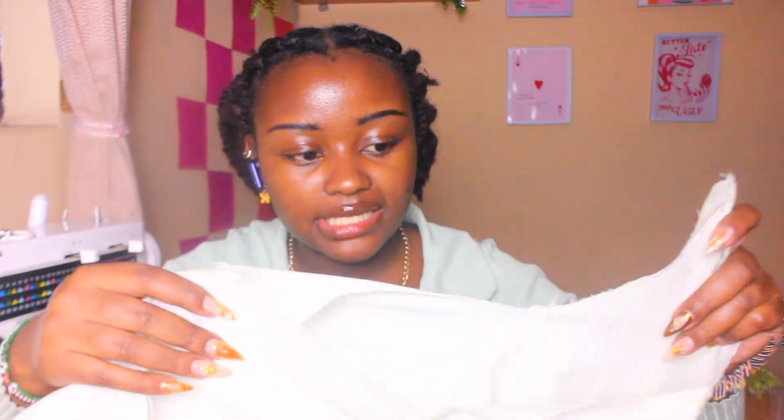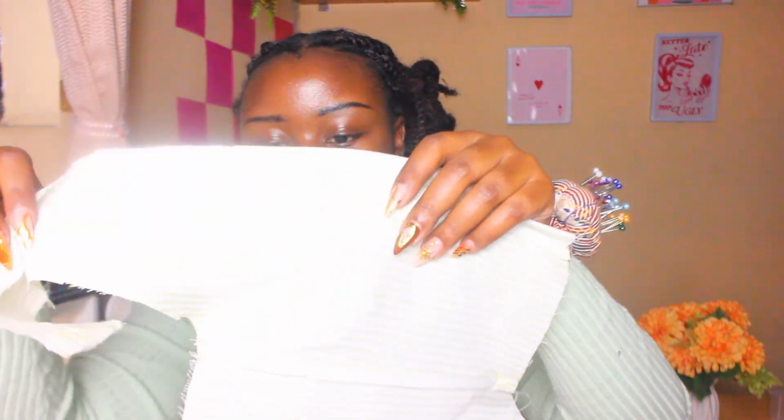Okay, so I have my bodice constructed, and I have added boning to the lining. It's not that visible, but yeah. I have added boning to the lining, and now it's time to attach the cups to the rest of the bodice so that I can now attach the bodice together